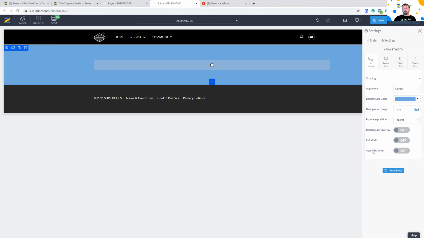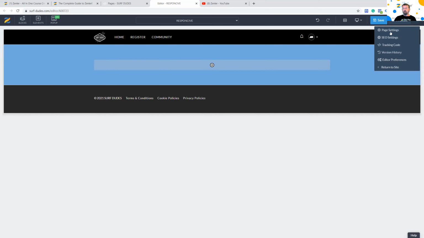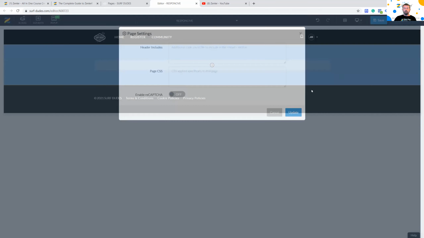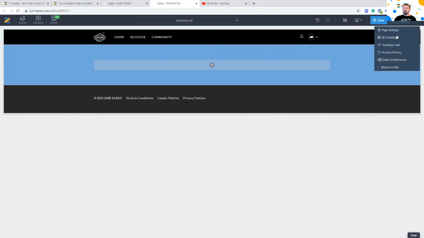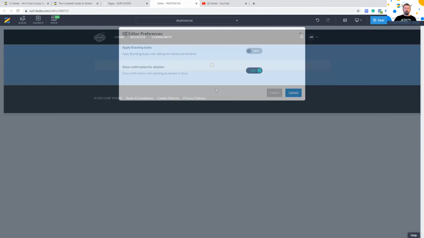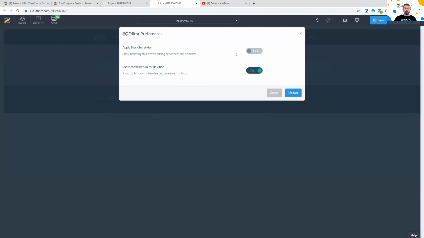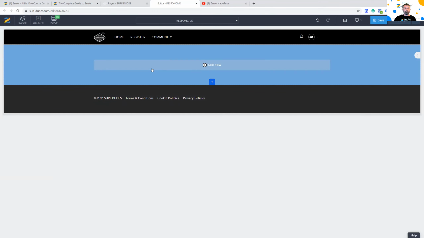And I have the option to apply my branding to it or not by turning this on and off. Branding also applies inside the settings, editor preferences, where you can apply the branding of your site. Okay, I'm going to leave that off.